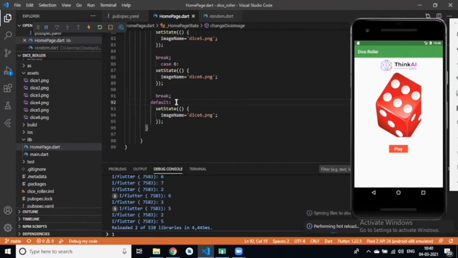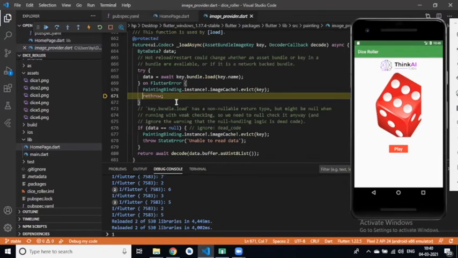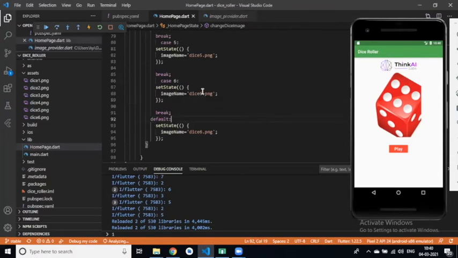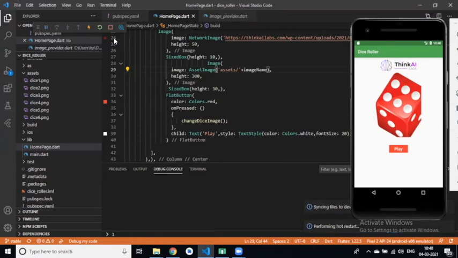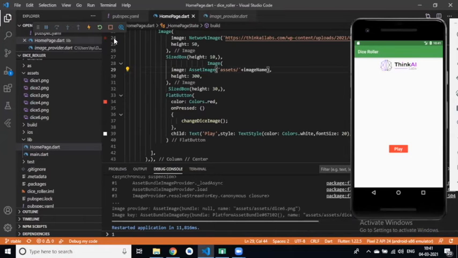If I hot reload this, then maybe our app is complete. No. Why? Assets, perfect. Then why? It's running in the background. Hard restart. But this is not working.